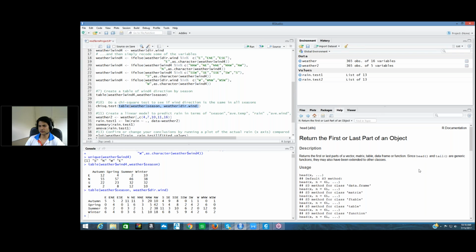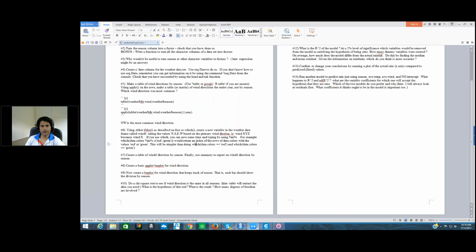So Tejas is asking whether it's on wind direction, which is 16 directions, or 4. Okay, you can do it on either. You just have to give what the hypothesis is and whether you accept or reject the hypothesis that they all come from the same distribution, right? So next part